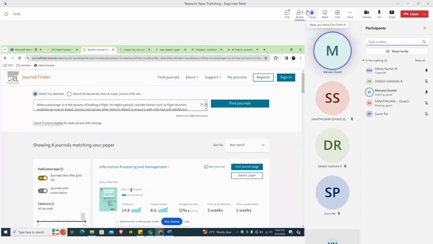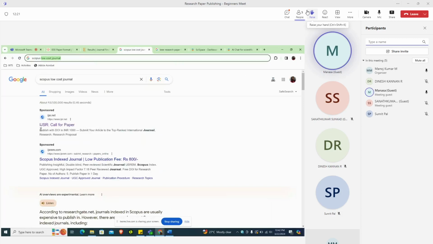the journal suggestions vary. All these are indexed and peer reviewed, which means that if we publish in these places, it's a good scope for us. The other thing that I was telling was these low Scopus journals. Here it's not peer reviewed and all, so it just gets accepted within a week. Once the acceptance is done for publishing, we'll have to pay the amount.